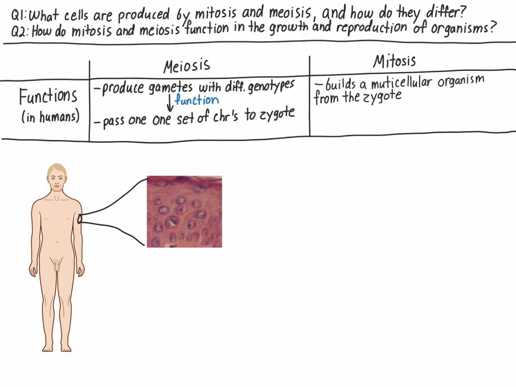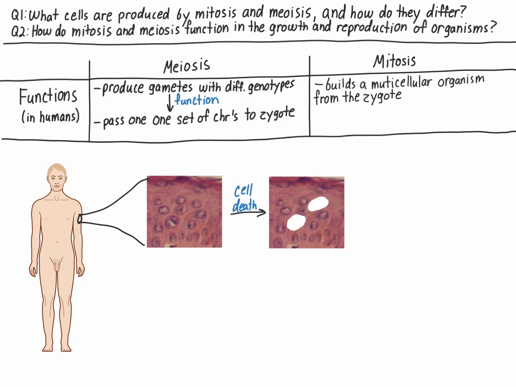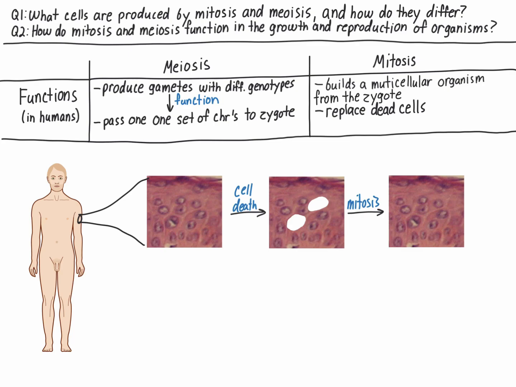During an organism's lifetime, somatic cells die. A second function of mitosis is to replace these cells. Human somatic cells can divide about 50 times, and then can no longer reproduce, though this number depends on the cell type. The number of times a cell line can reproduce is called the Hayflick limit, and it's different for different species. This is one reason humans are not immortal, and this might contribute to the decrease in cell functionality